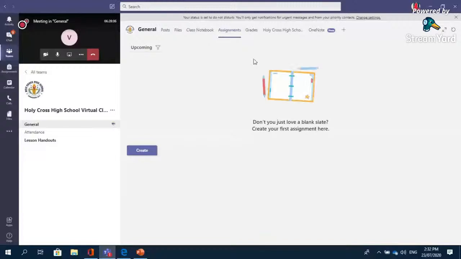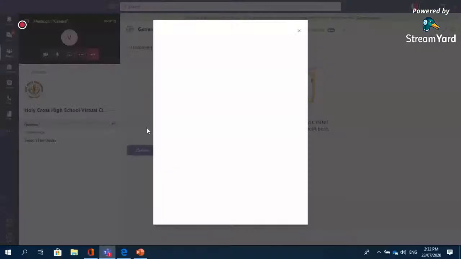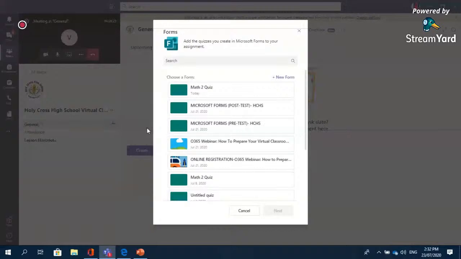Okay, now when you click the assignment, there's a create button here. Click the create and then choose quiz. Then there's an option if you're going to select a new form or a quiz you already made. Since we already made the Math 2 quiz, I will select the existing one, not the new form.